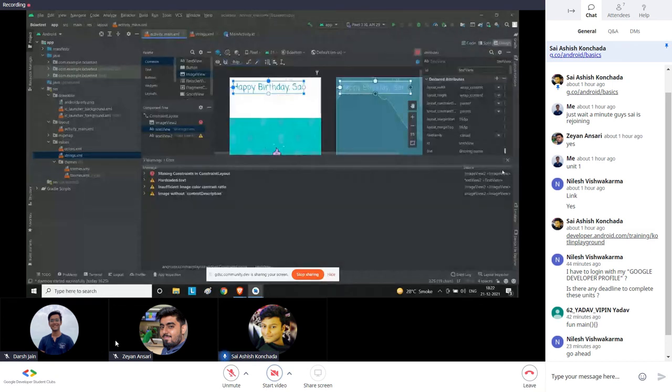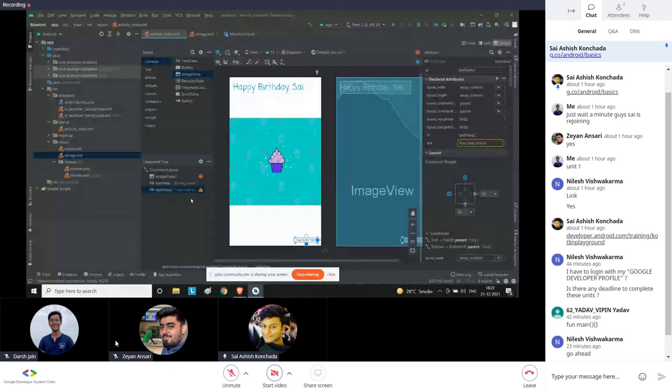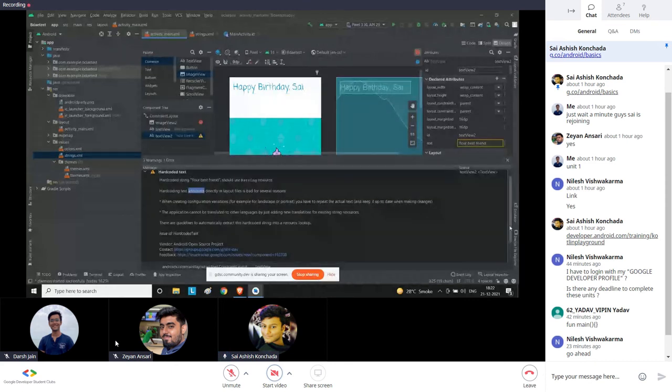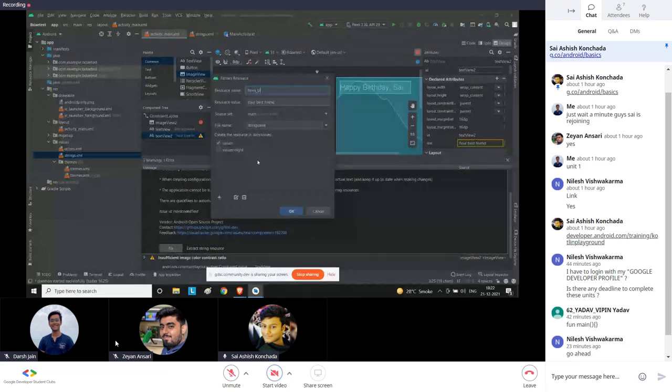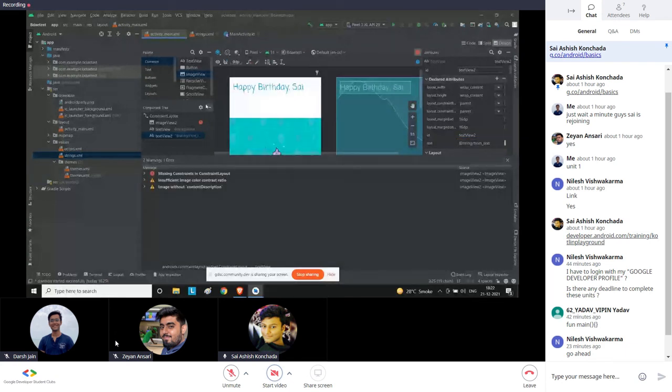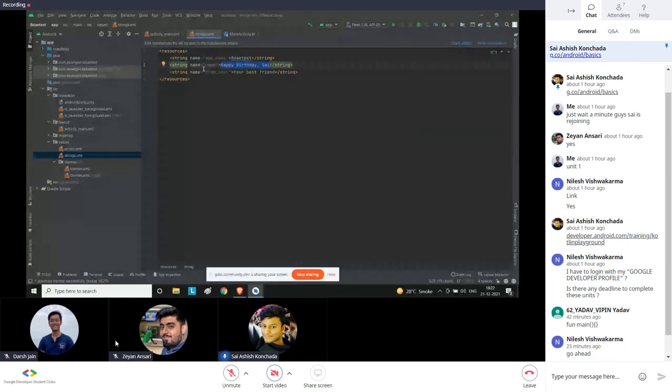Now we'll do this again for the bottom one. For this one also we'll fix it right here. You can click on fix and give it a name like from text. Okay, this is a value, and after that you will see that it has come from text, and this is your best friend. So right now I don't have to do it again. If I say happy birthday Darsh, and I go to the activity, it shows happy birthday Darsh. This is a very good way to write your apps by using variables so that you can change these values from time to time.